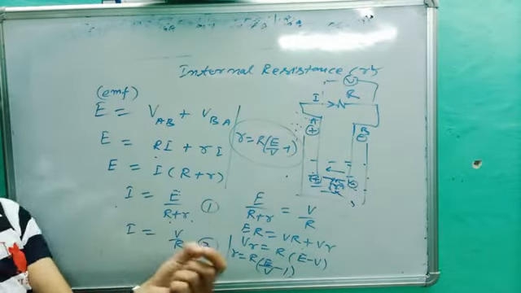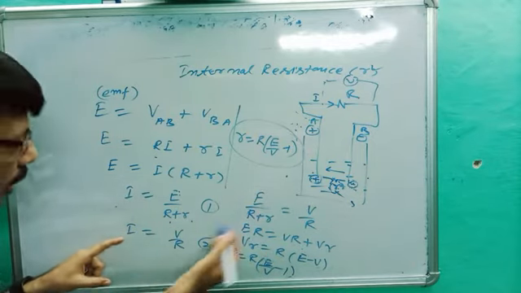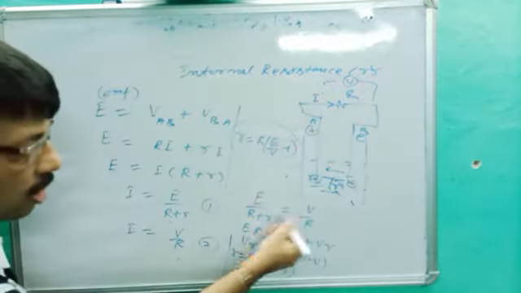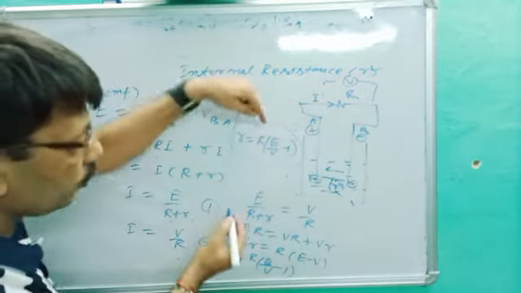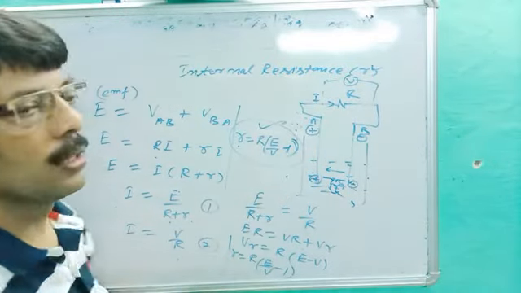So E is equal to Ri plus ri, I is equal to E upon R plus r. No doubt if internal resistance is given, you have to apply this formula, but we know that small r is not included in V. I is equal to V upon R, Ohm's law. Left equal right, and if you cross multiply and calculate, you will get small r is equal to capital R, E upon V minus 1. This is the formula for internal resistance.